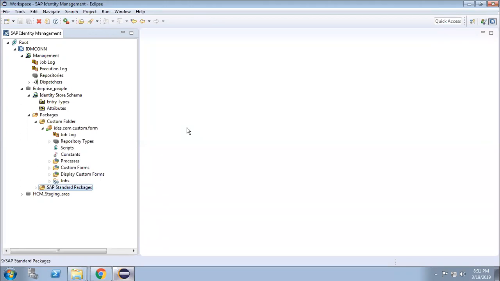Now I am talking about how, suppose you have access to the server folder, right? Then you can upload manually. But normally, as a security person, we don't have access to the server folder, right? Only basis persons have access to that server folder. Correct.